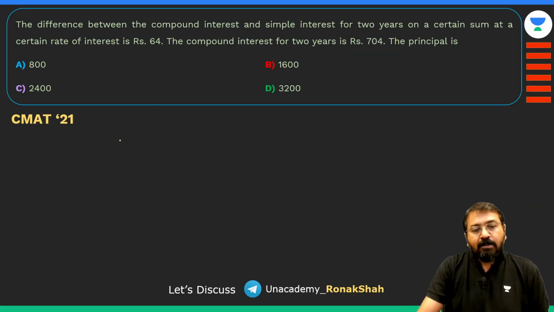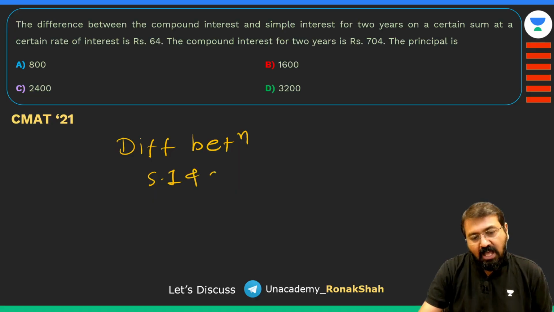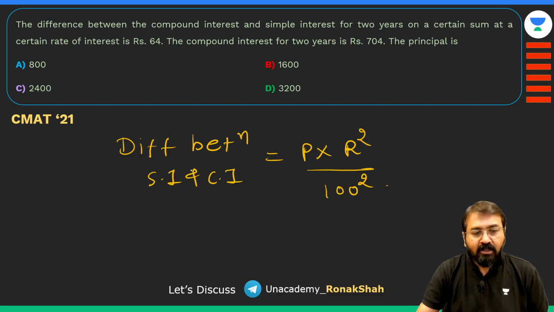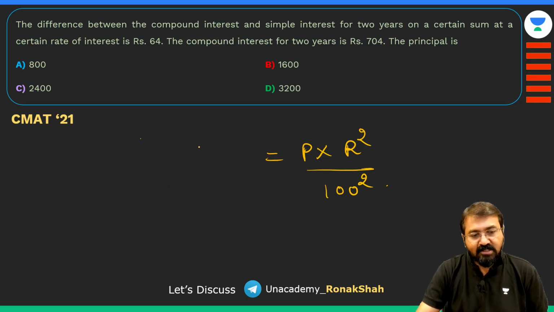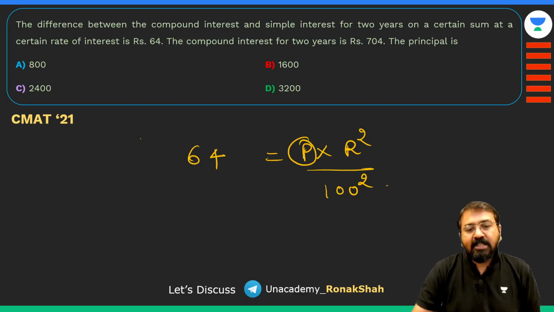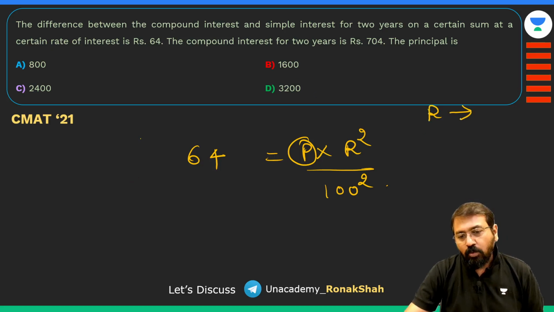अब इसका शॉर्टकट बताता हूं। हमें पता है, difference between SI and CI after 2 years, उसका फॉर्मूला है प्रिंसिपल इंटू R स्क्वायर अपॉन 100 स्क्वायर, राइट। अब हमें ये डिफरेंस दिया हुआ है 64, ये हमें दिया है 64, करेक्ट। अब एक चीज़ समझो, यहां पे प्रिंसिपल क्या होना चाहिए दोस्तों,